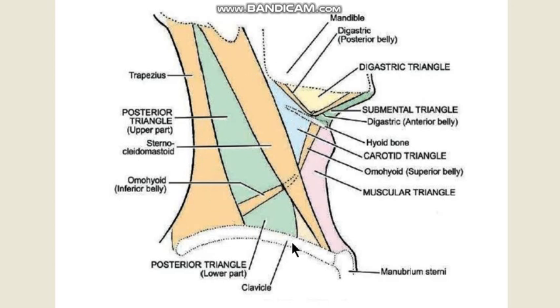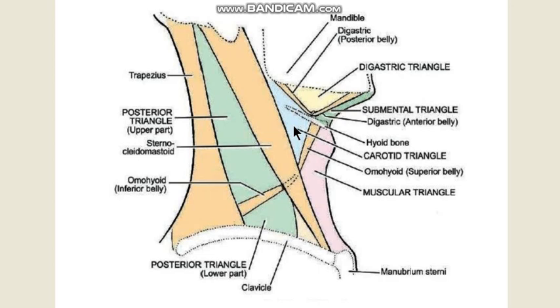Now the roof of all of the triangles in the side of the neck is the same. It is the skin, superficial fascia containing the platysma muscle anteroinferiorly, and in the superficial fascia you have the superficial arteries, veins, nerves, lymphatics, and beneath that you have the investing layer of the deep cervical fascia, and then you enter the carotid and the muscular triangles or any other triangle of the neck. So the roof is more or less the same, we need not mention it time and again, but the floor